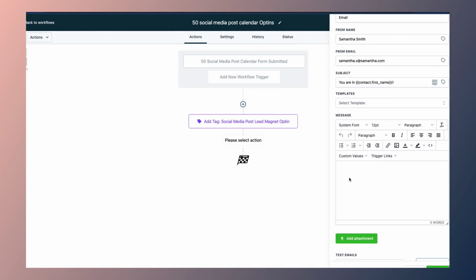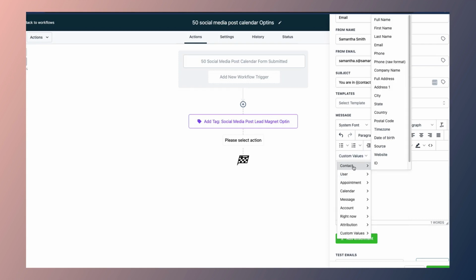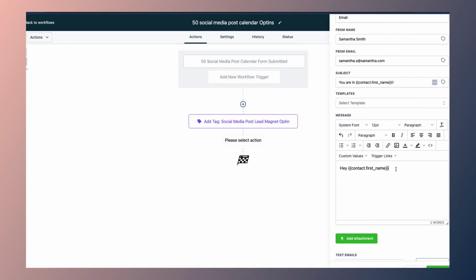So that's that. And then I'm going to say, hey, or hello, or hi. Click on custom values, click on contact, and choose first name. Remember, personalization, super important. So, hey, first name. Hey, Samantha. No, Samantha is the one who's sending it. Hey, Nosheen, right? Thank you for